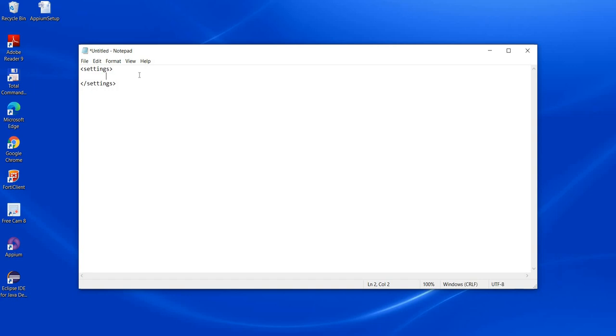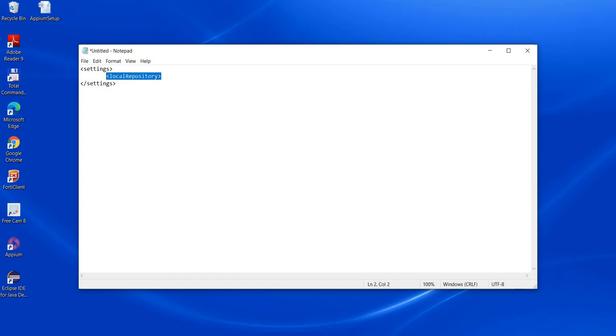But now I can change that location by using localRepository. Please mind this case, this is camel case. The first word starts with a small letter, small l, local. The next word, Repository, starts with capital R.